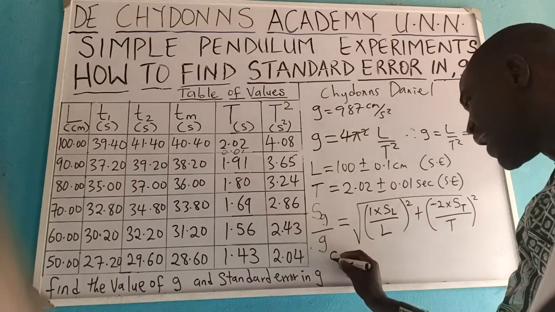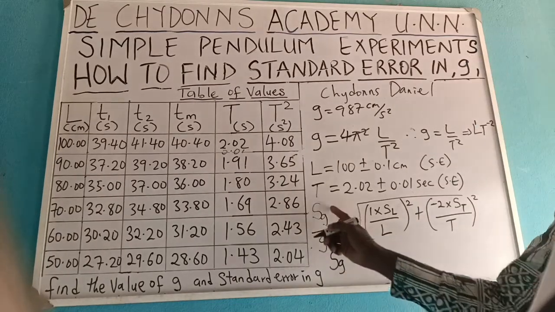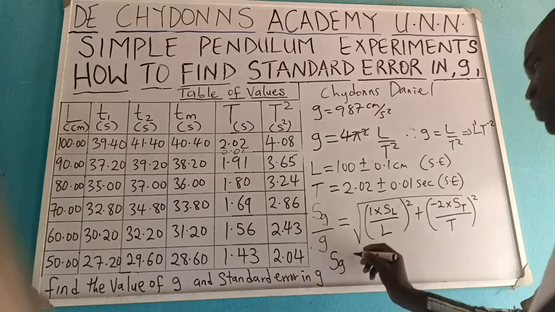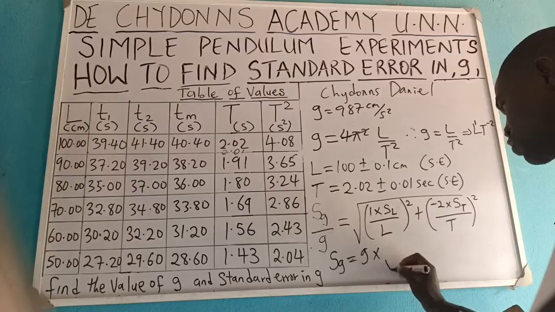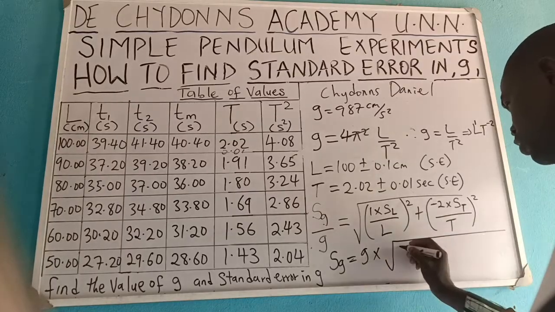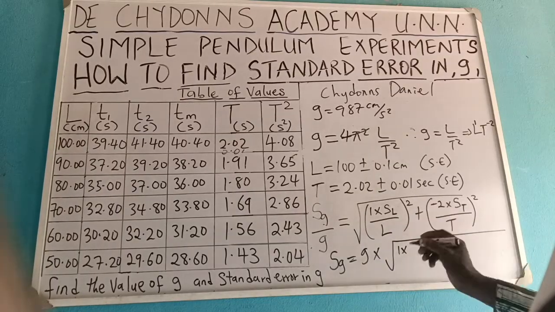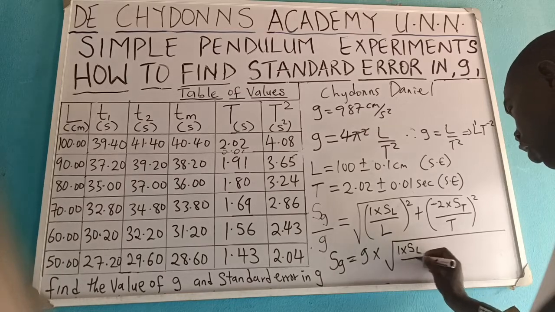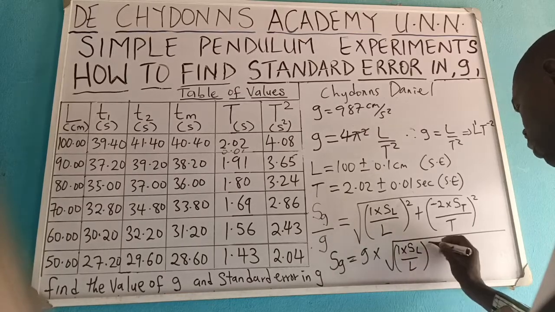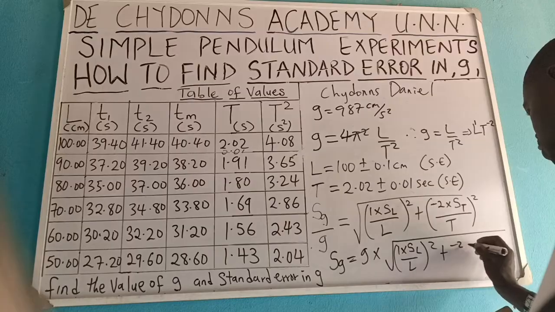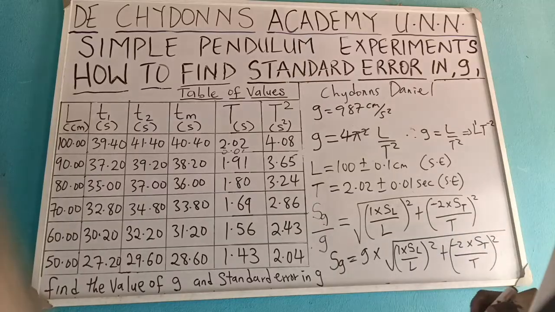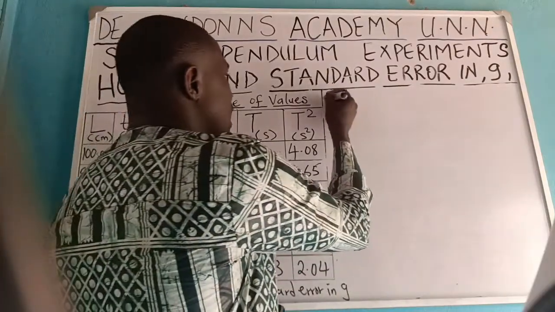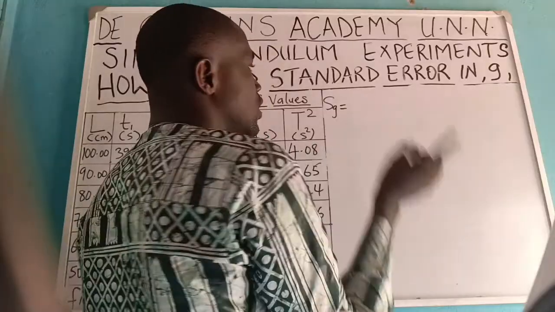That means making g the subject of the formula, the standard error in finding g, SG, is equal to g multiplied by the square root of 1 times SL all over L all squared, plus minus 2 times ST all over T all squared. That gives you SG equals, your g is